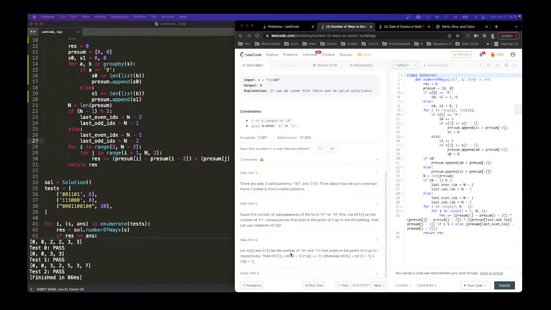So I have 0, 1 on the left, all the zeros on the right. Good. So that's 1. And then we keep moving forward. And if it's the same, then we don't do anything because we have not found a new 0, 1 construct, which is still the same 0, 1 construct. If we count it, that will be double counting. So we keep looking until we find a new one. So once we find a new one, we